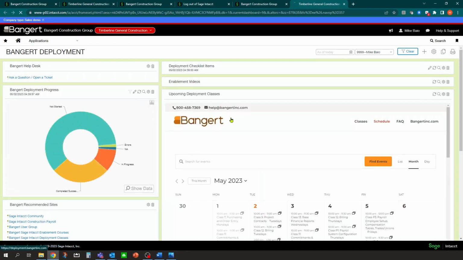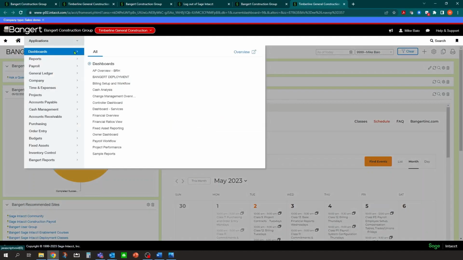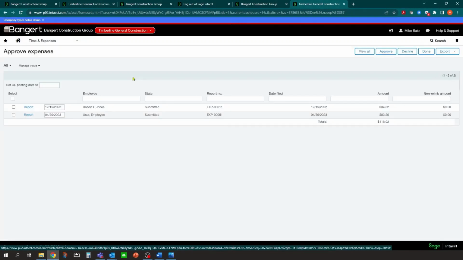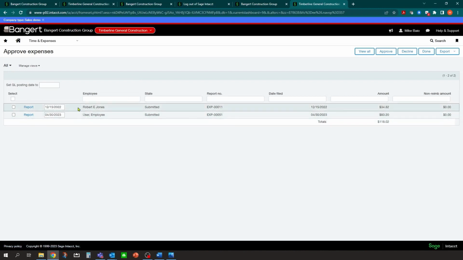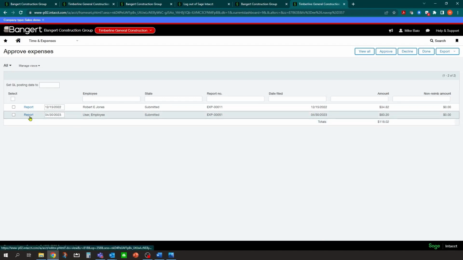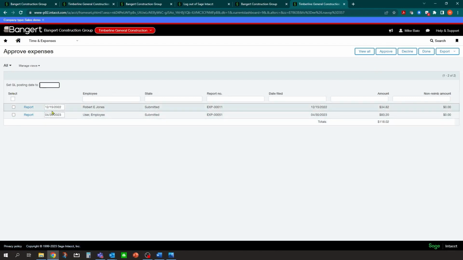So I could have a dashboard button here for my approvals. I'm going to go right into time and expense, and I can go to a couple different areas. I can go into the staff expenses here and see a list of them. I can also go into approve expenses here, and I can see a list of which ones are available to approve. I have an old one in there, but you can see here's one that we just did. There's the 8320. There's the report date, and I can approve it just at a high level here. If I want to select it, I can change the posting date if they put the wrong date in. But if I click report here,